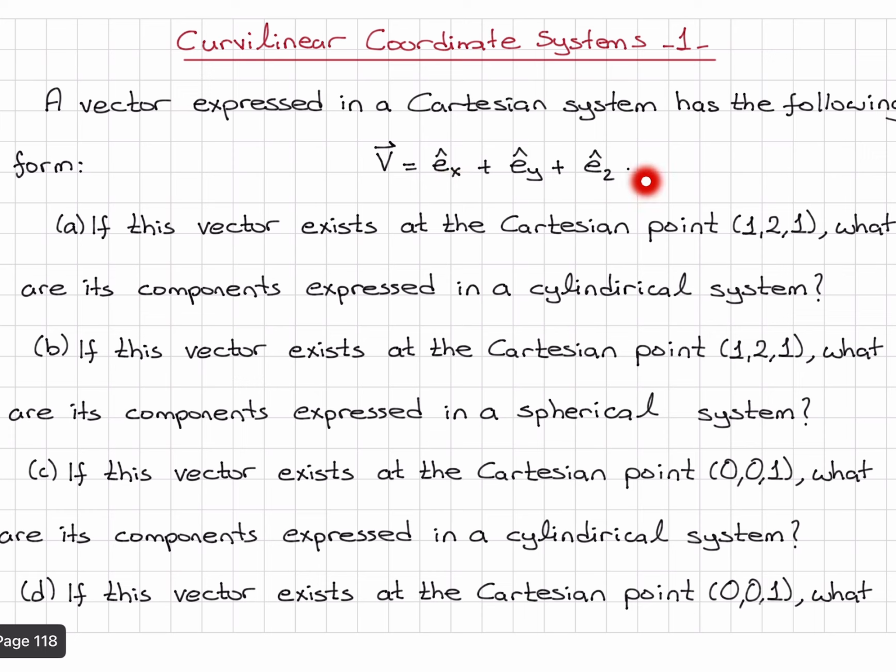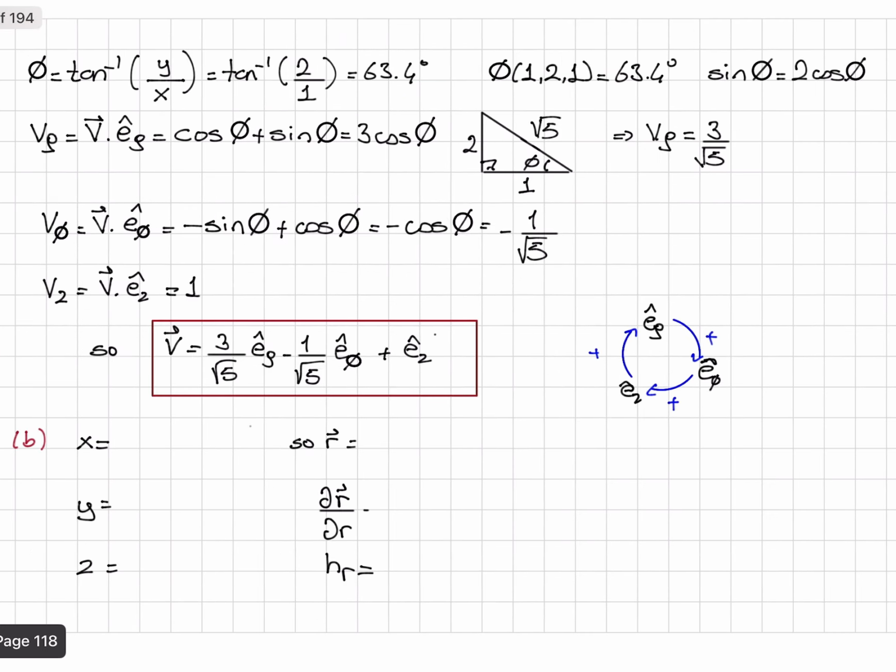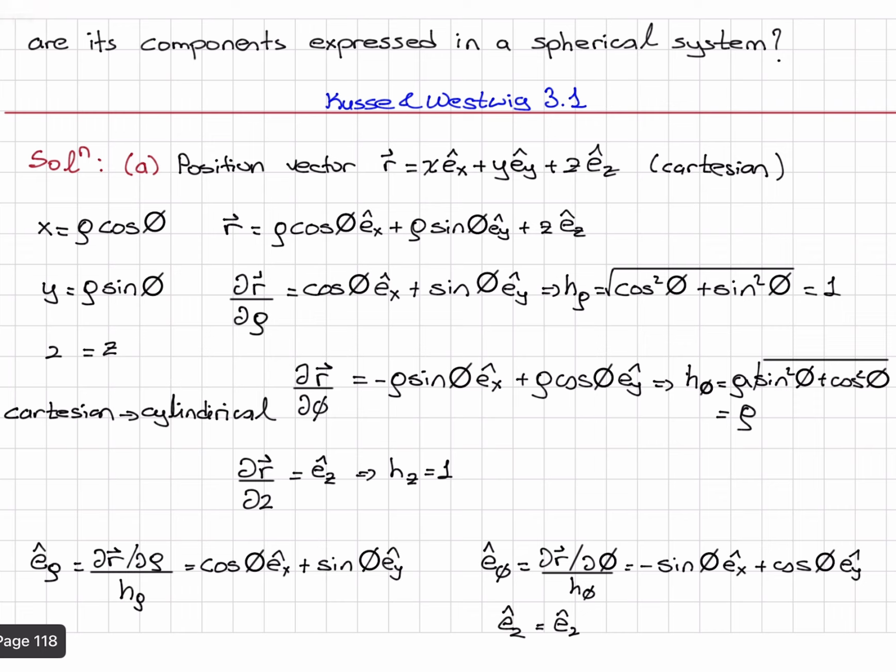So in the Cartesian coordinate system, our vector is ex hat plus ey hat plus ez hat, and this vector exists at the Cartesian point 1, 2, 1. So its components in the cylindrical coordinate system will be 3 over square root 5, minus 1 over square root 5, and 1. Okay, so to answer this first part, I have written the position vector in Cartesian coordinates, used